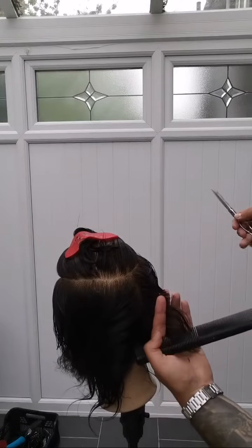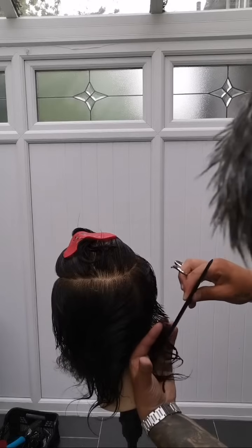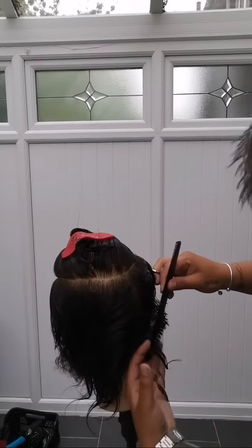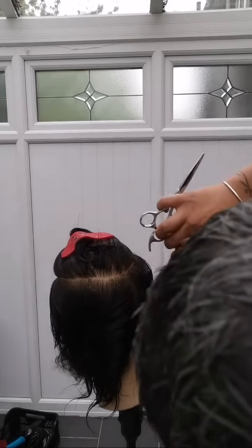Another one, pulling completely parallel to the other side until I get to the bottom where the occipital bone is. And I start to angle this in. So again, just mimicking the head shape of Ian or of the client, whoever it would be. It's the beauty of it. You can bespoke it to the client in the chair. And we're working that down. So essentially what we're getting is that nice graduation up to the